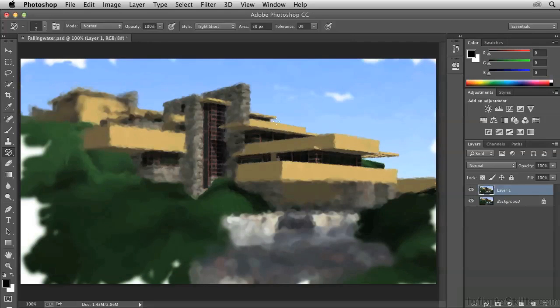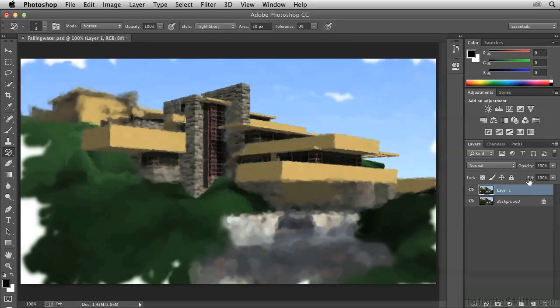And if you add too much detail, like over here I think I added too much, I can remedy that by increasing the brush size again and painting over that area to blur it out. And then I'll go back down again and paint in the areas that I want to have in a little bit crisper detail. Finally, once you're satisfied with creating this artistic rendition, you can decrease the opacity of this layer